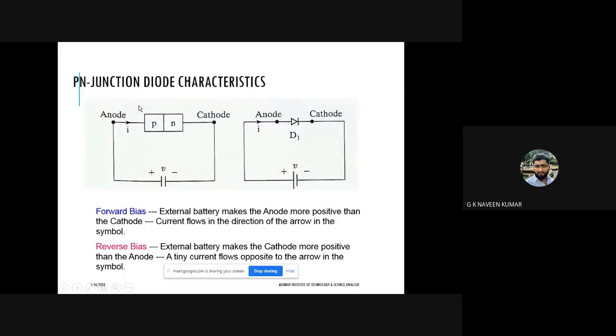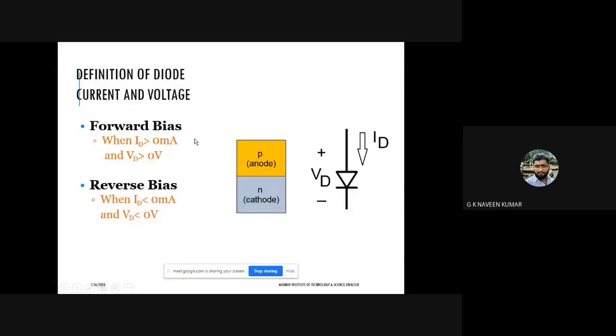The other is forward bias. Now, what happens in forward bias? What happens in reverse bias? In forward bias, as you already know, the current flows from anode to cathode. The magnitude of current will be in milliamperes during the forward bias condition, and the voltage across anode and cathode is denoted by VD. This VD will be greater than 0 volts, because if you take silicon as the material for manufacturing this diode, then VD will be approximately 0.7. That voltage is called the forward bias voltage.